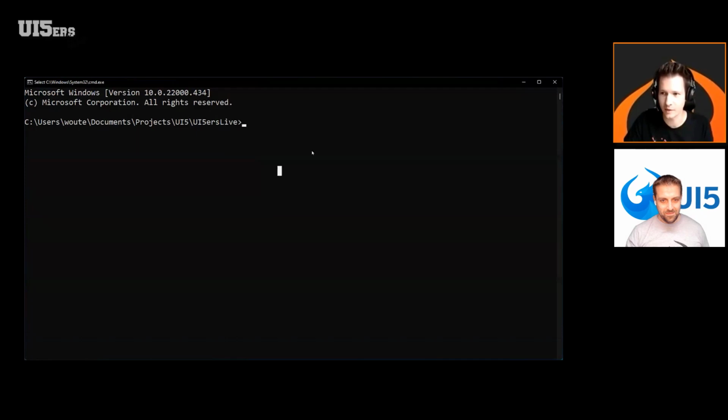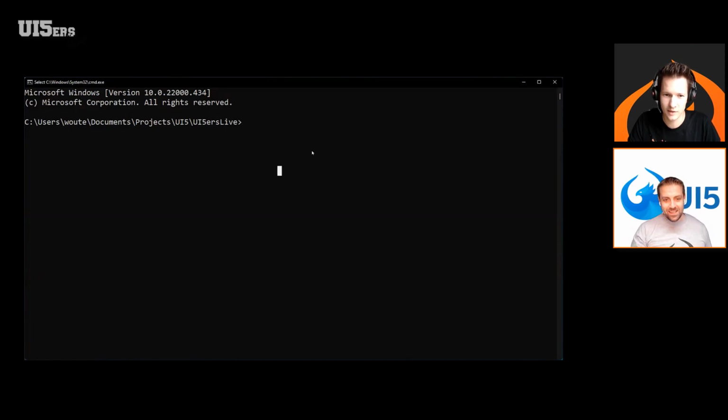I will share the new generator. This generator is part of the Easy UI5 generator that already exists. So if you have it already, you might have to update it. I think, Peter, you made me update it. There's one update necessary. Recently there was a little bug inside the Easy UI5 generator where it didn't update the templates it downloaded. And the latest version, 3.1.5 of Easy UI5, now also works properly when a template has been updated, so that it fetches it. Thank you, Peter. So I've already updated the Easy UI5 generator.